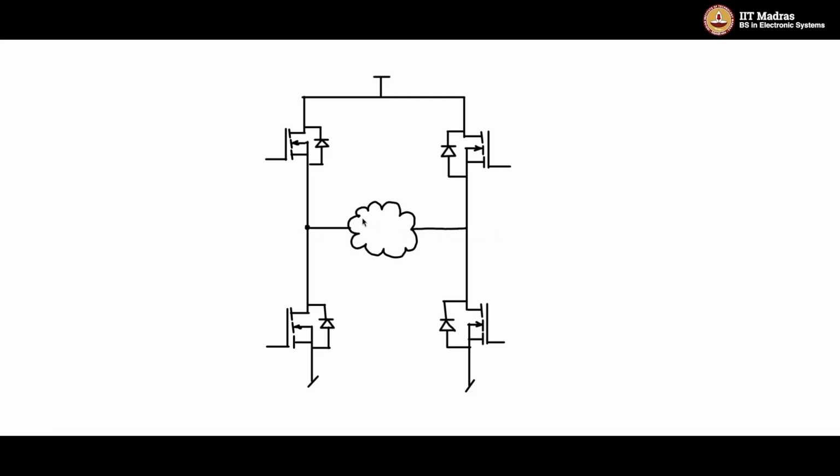So the load can be any load. It could be an RL load, can be an RC load, can be a motor load. So that will get connected in between the bridge here. So let's say this is Q1, this is Q2, Q3 and Q4, and we have VCC here as the DC link voltage. Now this is the full bridge circuit,